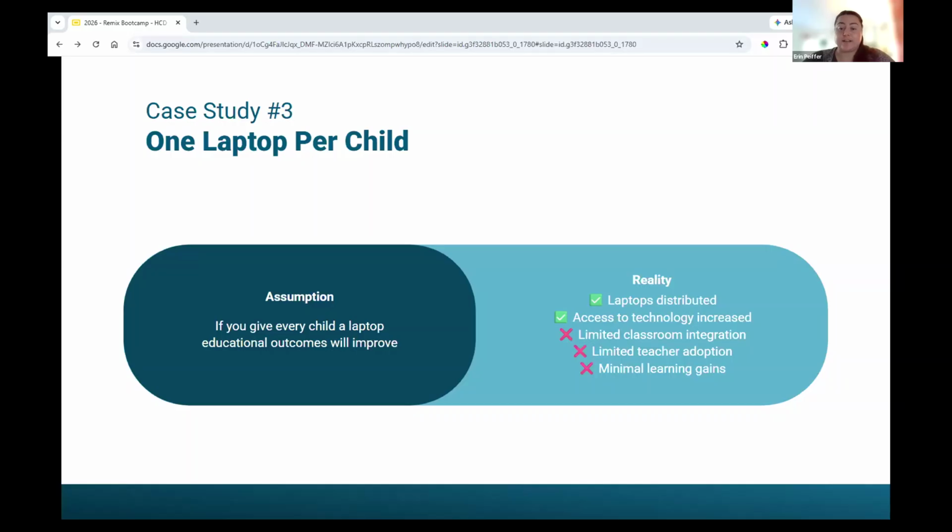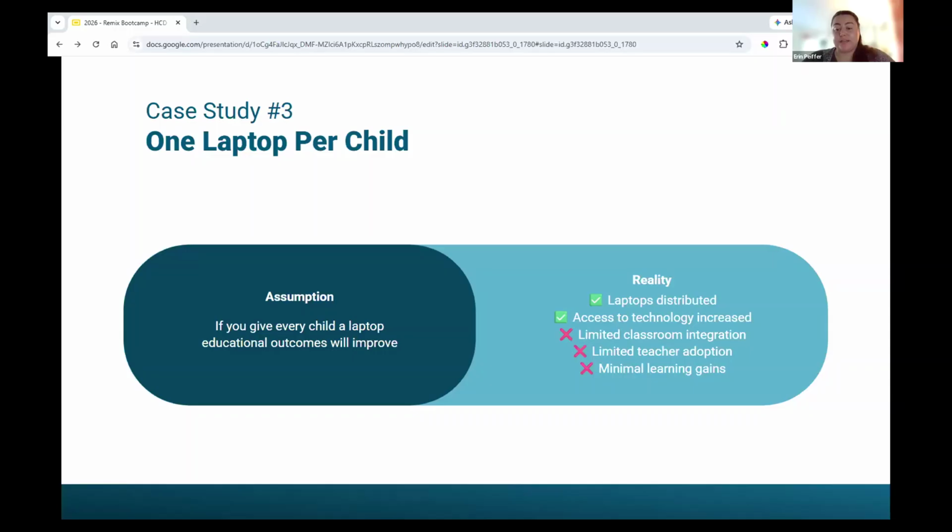But long-term evaluations found little evidence of improved educational outcomes, in part because classroom adoption was limited and the program often underestimated the importance of teacher support, local context, and how technology would actually be used in practice. So if they were looking to build a low-cost laptop, they definitely succeeded. But if they were looking to build a low-cost laptop that would be used to improve educational outcomes, less so.